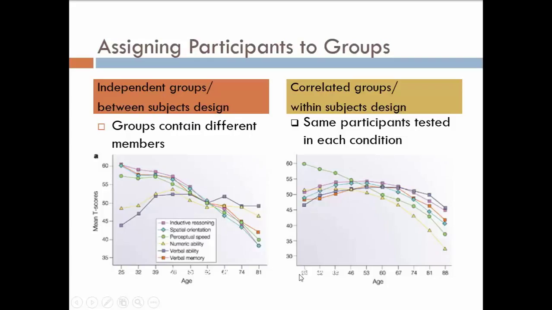However, one of the complaints about the Seattle longitudinal study is that we may be getting an artificial impression of how good our intelligence and cognitive skills will remain in our older age, because one complaint is that the participants are taking the same test every 7 years, and that they might just be providing the same answers. By the end, they've seen this test so many times, they might just be providing the same answers and not really showing the same inductive reasoning, not really showing the same verbal ability. It might be a practice effect.